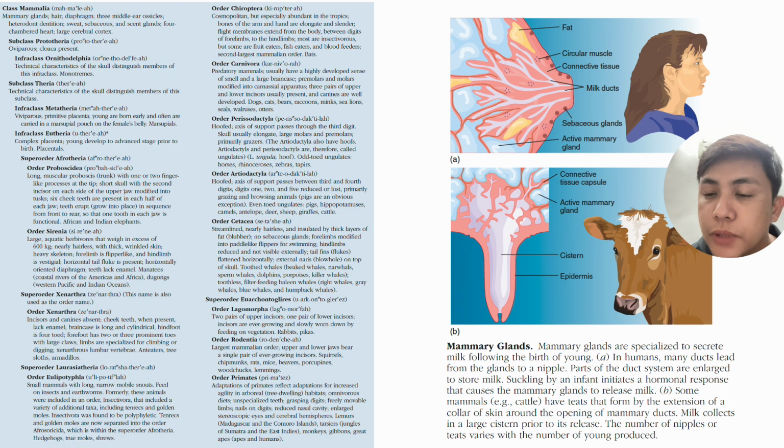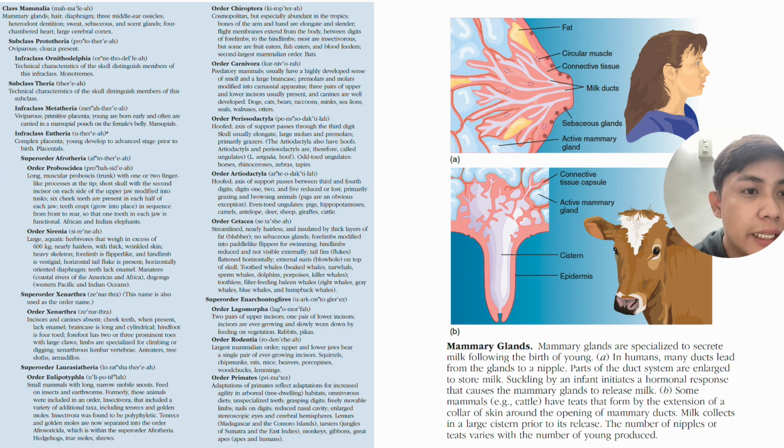Finally, we reach mammals, the most advanced vertebrates. Mammals are characterized by hair, mammary glands for feeding their young, and three middle ear bones. They are warm-blooded and highly adaptable, occupying almost every habitat on Earth. From tiny bats to giant whales, mammals show incredible diversity, but all share the same basic features that set them apart from other vertebrates. The class Mammalia includes the subclass Prototheria,